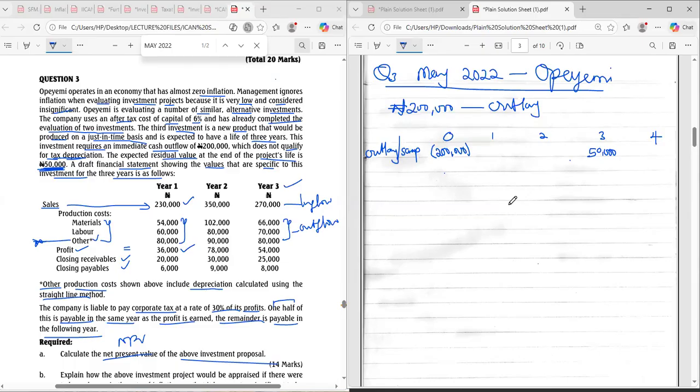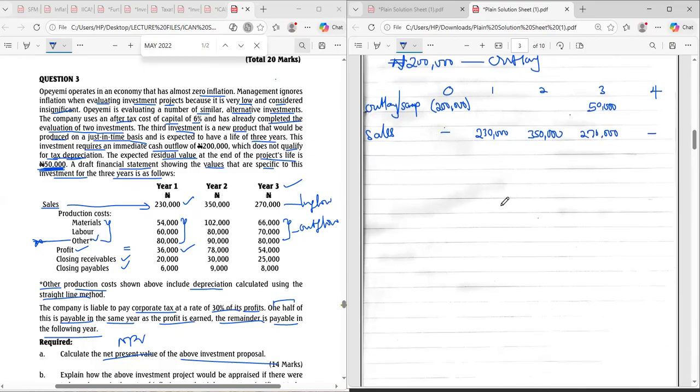Makes sense? Okay, so after that, the next thing that comes to my mind is sales. What's my sales? Nothing in year 0. 230. What's the other one? 272. Then nothing in year 4. Now, I told you that your sales will be affected by receivables. Receivables are those people that have not paid you. If they have not paid you, the money is already inside sales, but a cash flow has not yet occurred. So we have to adjust for that portion.